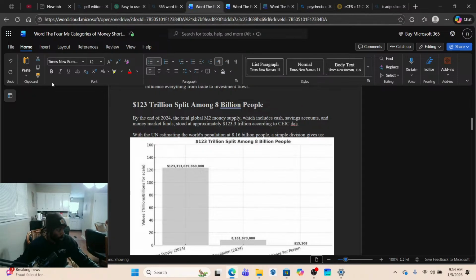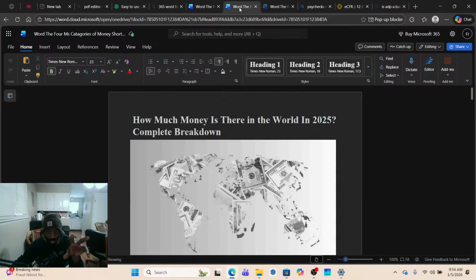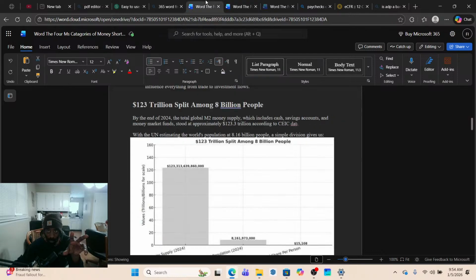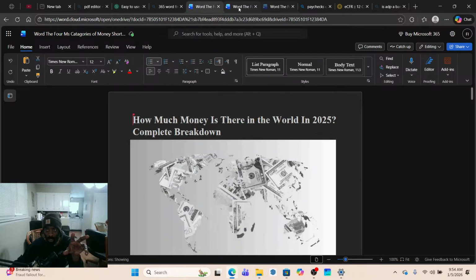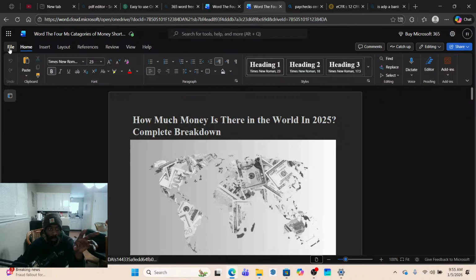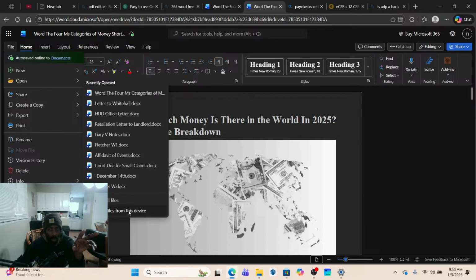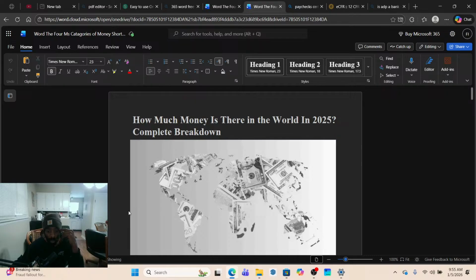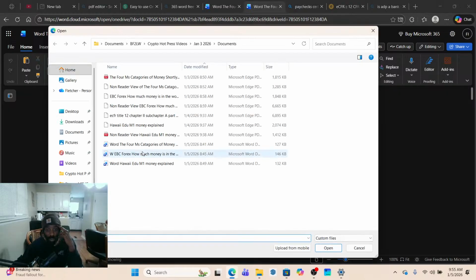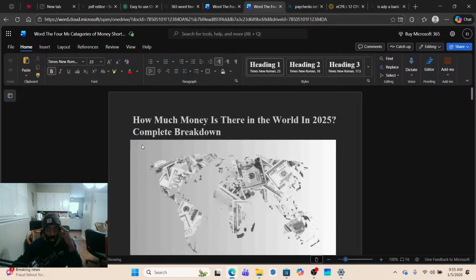Get your notes. You'll want to make another notepad, and I'll have that in the educational lesson when we start doing these breakdowns. Let's go to the next one, because how much money is in the world is the same exact one. I want to open another Google Doc off this computer. One second. Usually I have them loaded up, and then we'll go back to the 4 categories.